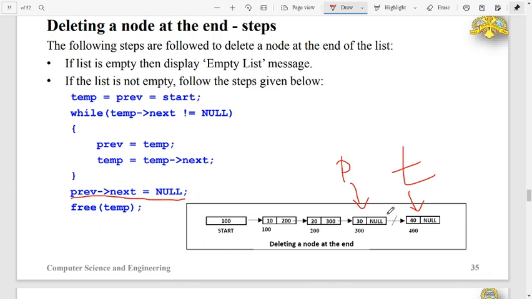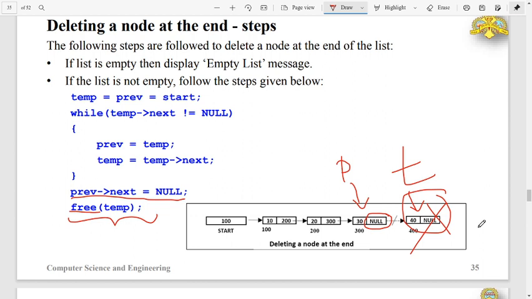That has been done here, null has been assigned. Afterwards, I will remove the last node's memory, that is, I will release the last node's memory by supplying the address of the last node to the free function. So the node is deleted from memory. This is the logic for deleting a node at the end.